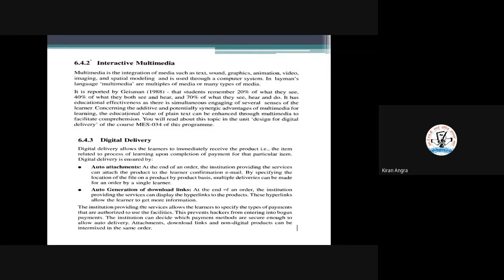Now another way, the second way how you can deliver is interactive multimedia. Yes, multimedia is an integration of text, sound, graphics, animation, video. It means you are using a number of ways, not only audio but also text, as well as giving sounds or showing some animations to explain and show your material, because